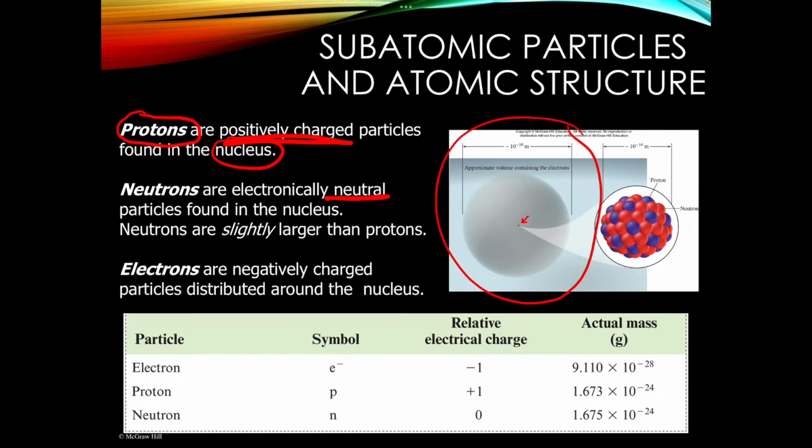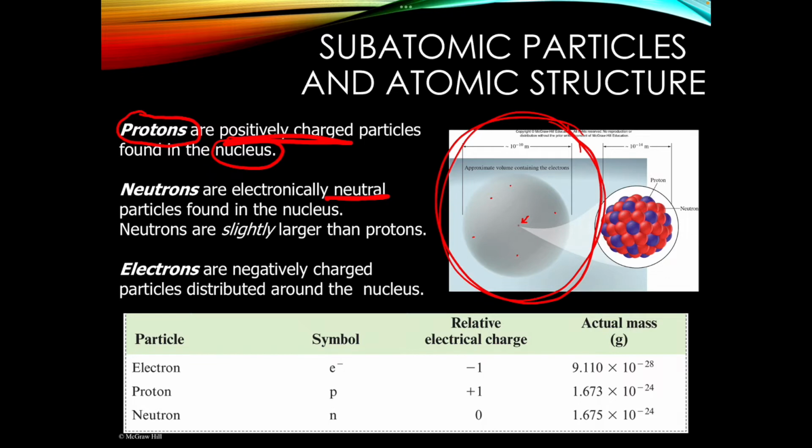Electrons are negatively charged, and they are around the nucleus. Again, if we look at this picture, you don't actually see the electrons. The reason for this is that electrons are way smaller than protons and neutrons. You may be thinking, well, protons and neutrons look pretty small to me. They are, and electrons are even smaller. So these teeny, tiny electrons are floating around out here. Remember, like we said before, the atom is mostly empty space: a tiny nucleus in the middle, even smaller electrons around the outside, and mostly empty space.